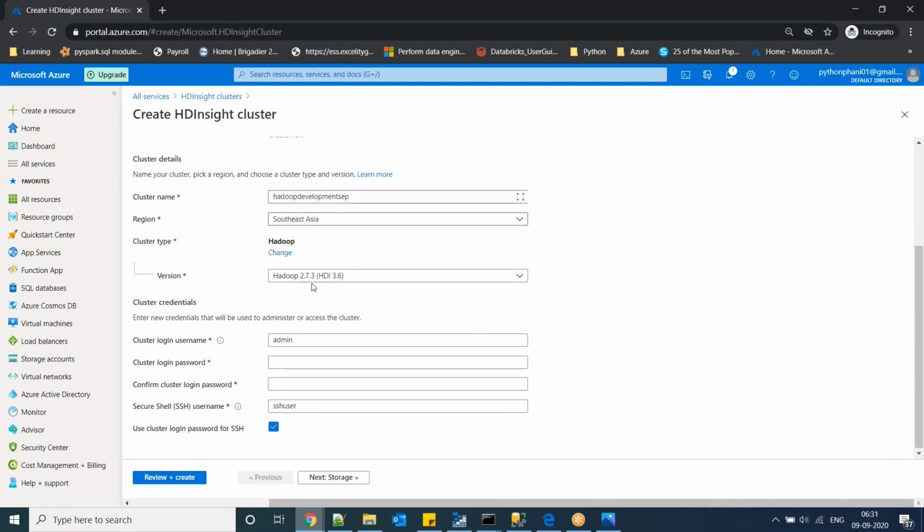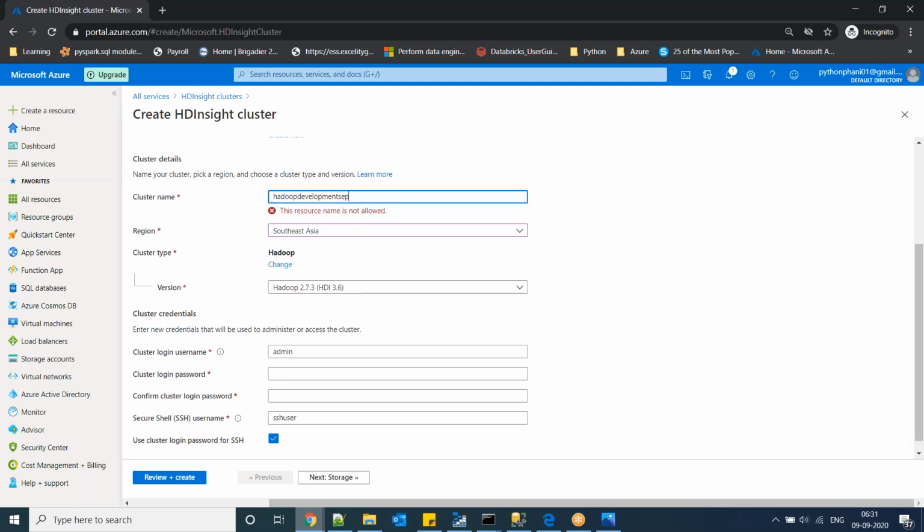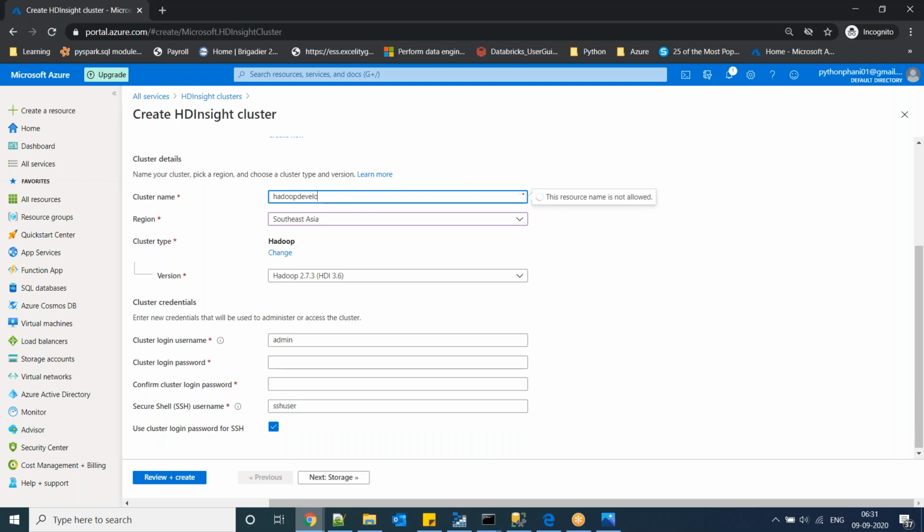Now here by default Hadoop 2.7.3 is installed in these systems. This resource name is not allowed. Now here choose the admin password.